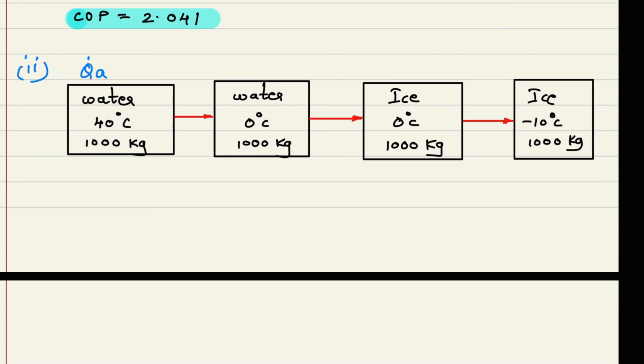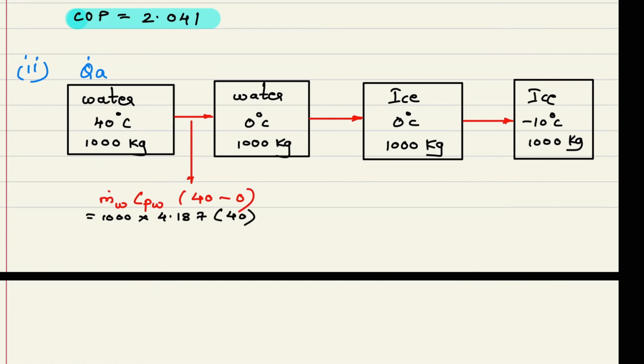Now from the first part, what type of heat has to be released? Here temperature changes, so this will be sensible heat. Mass of water into Cp of water into higher temperature 40 minus lower temperature 0. Now mass of water is 1000 into Cp of water, we have to assume 4.187 kilojoule per kg Kelvin, into temperature difference 40.